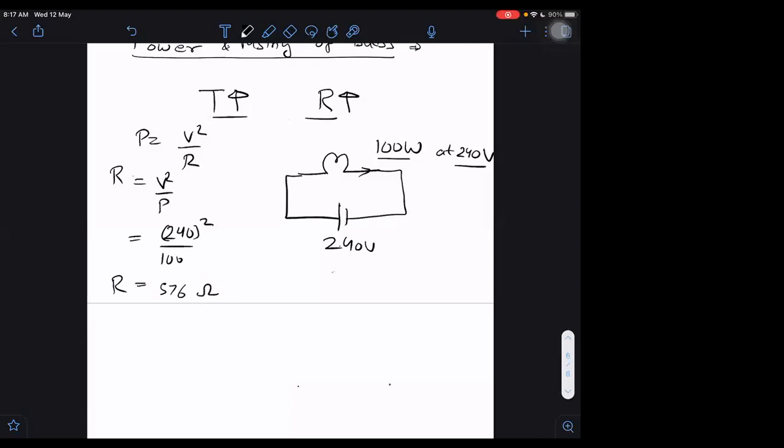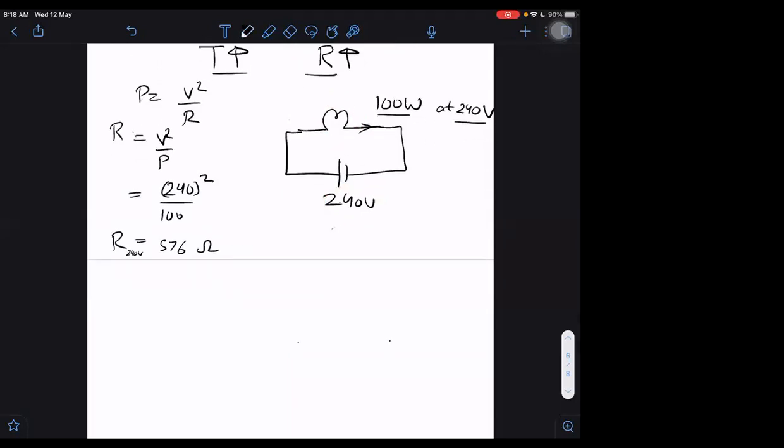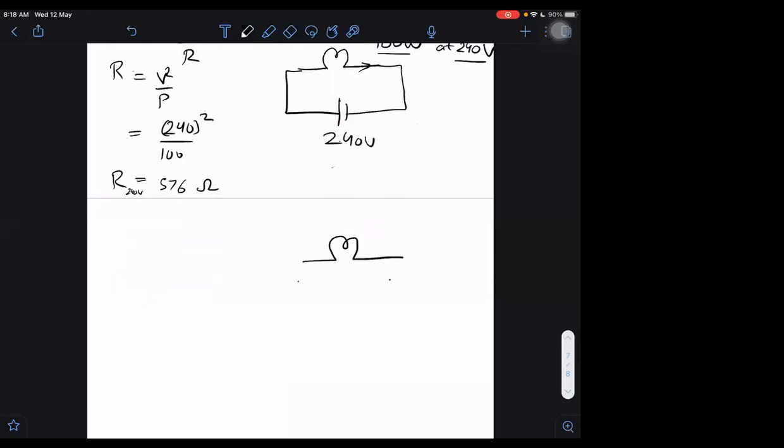But don't forget, this resistance is only when it is connected across what? 240 volt, or when it is at a given temperature. But that temperature will be obtained only when it is connected across 240 volt. The same temperature will not be obtained when I connect it across 120 volt. Now the temperature will become less. Why? Because obviously brightness will decrease, current will decrease, power consumed will decrease, so temperature will not be the same. Therefore, resistance will not be the same. Resistance will also become less.